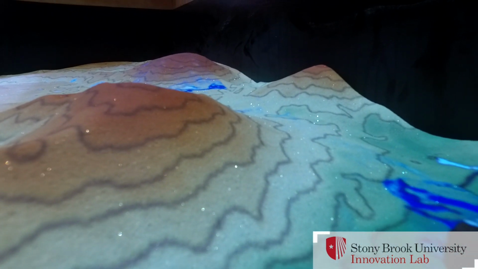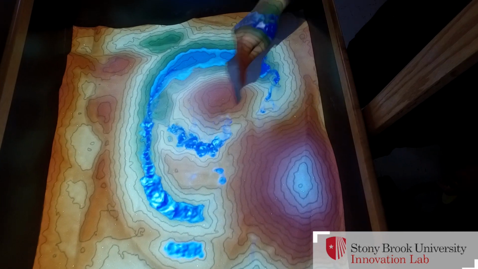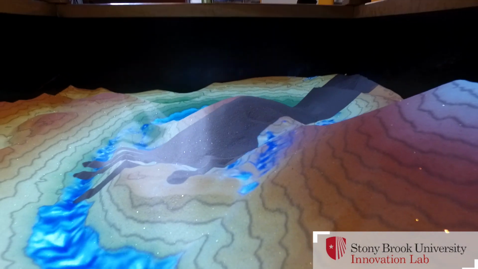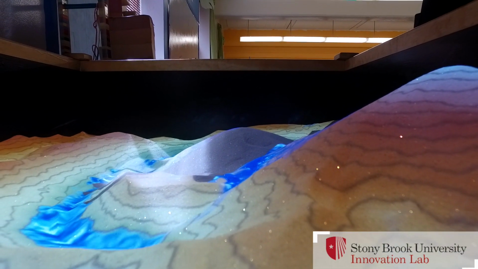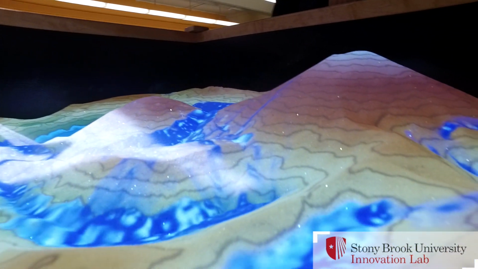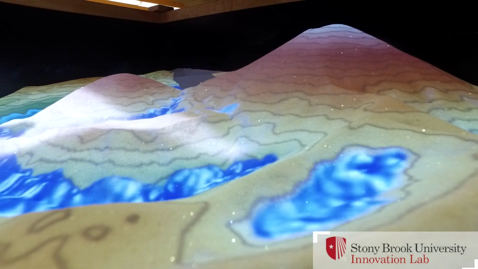So the AR Sandbox, AR for Augmented Reality, is a tool that was developed by researchers out in California. And the GeoSciences department wanted to bring one here, create it. So it's open source technology, and we started this collaboration with the lab, GeoSciences, and we even had a student from Stony Brook University. And we essentially rebuilt the sandbox and configured the software so that we could showcase it